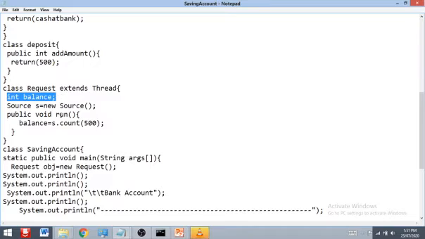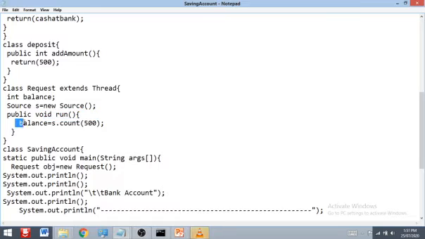Integer balance that we want to show. Then Source S equals new Source. Here we create the object of the Source class, and here we create the thread by using the run method. Whenever we call threads by using the run method, we are able to create multiple threads.